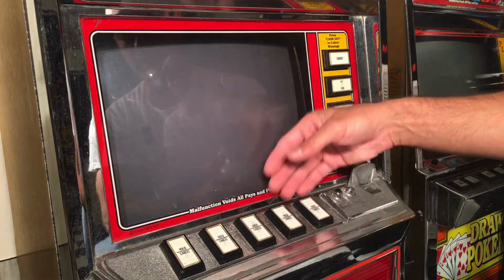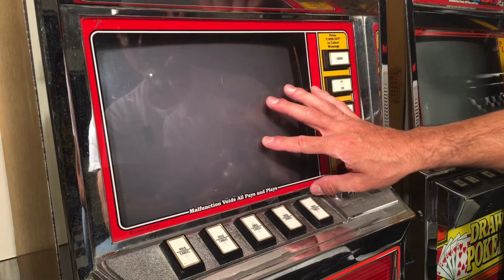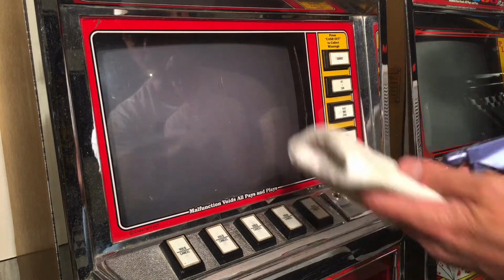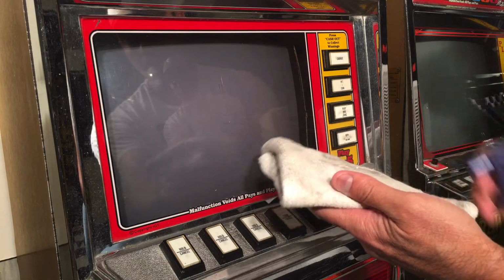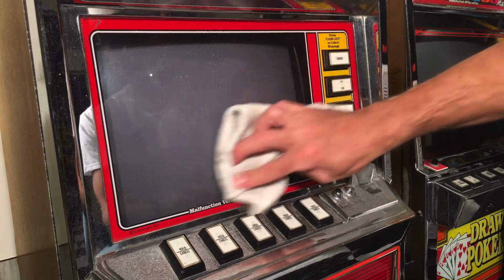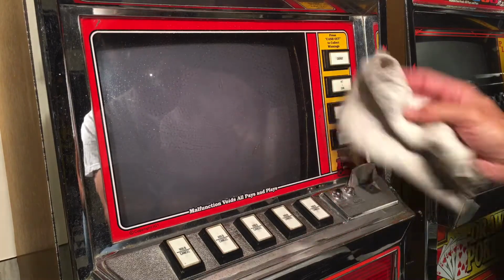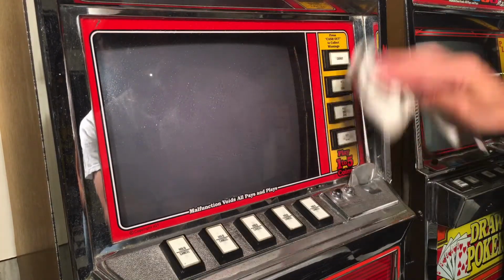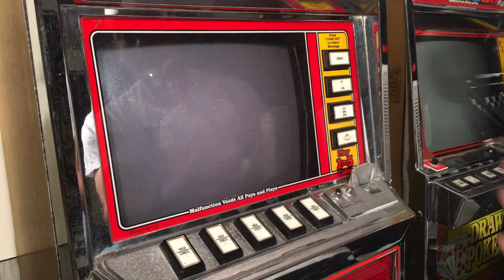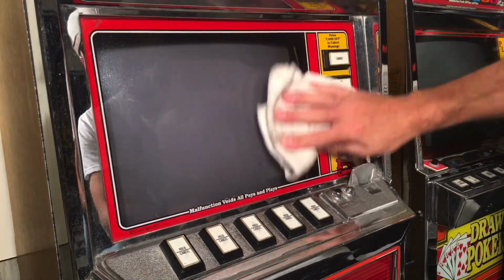This screen right here is acrylic, even though the marquee and bezel are glass, so that's a different thing. So what I would recommend is that you take a little bit of hydrogen peroxide, spray it onto a nice non-abrasive cloth, and then wipe down the surface and the buttons. You don't want to saturate it to where it's getting into the electronics or anything, but wipe it down with that, allow it to sit a little bit, and then come back with the warm cloth with some warm water on it, and then dry everything off, because that will then kill